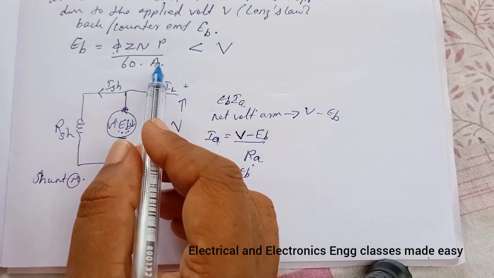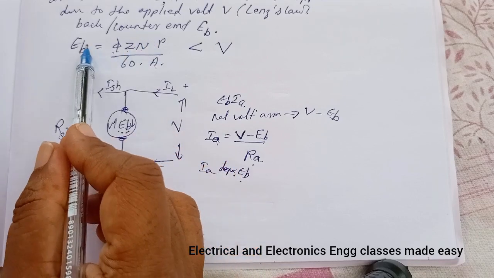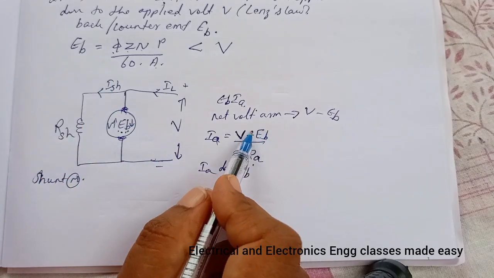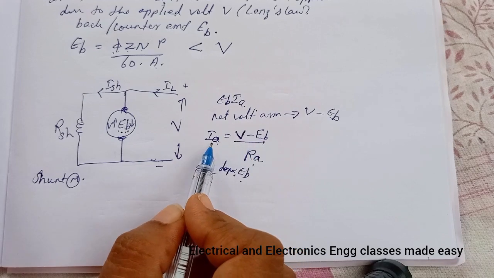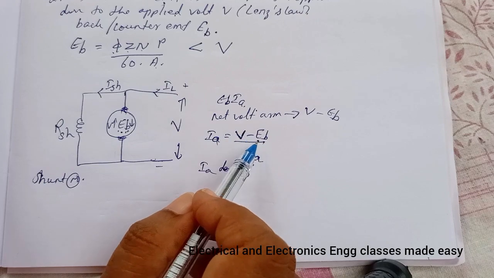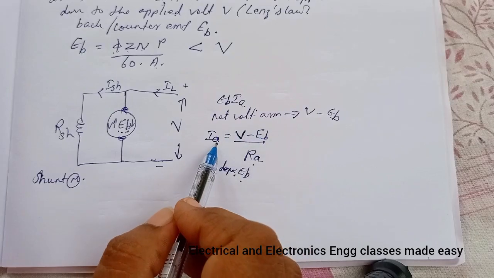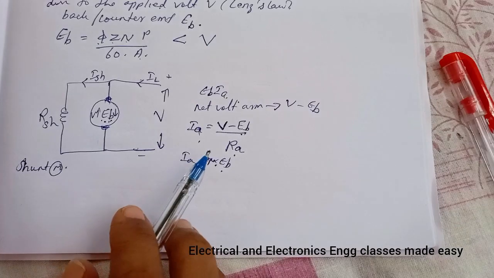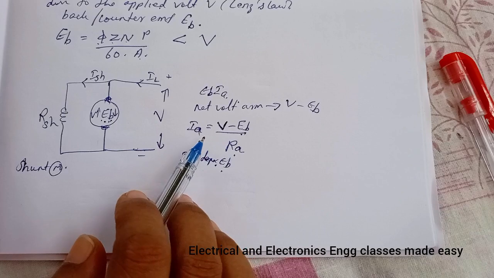So it depends on EB, that is the back EMF, and this EB is equal to phi ZNP divided by 60 into A. So if the speed of the motor is high, then the back EMF will be high. So if the back EMF is large, then the motor will draw less armature current, and vice versa. That is, if speed is low, back EMF will be less, then IA will be more according to that. So the back EMF in a DC motor controls the armature current,